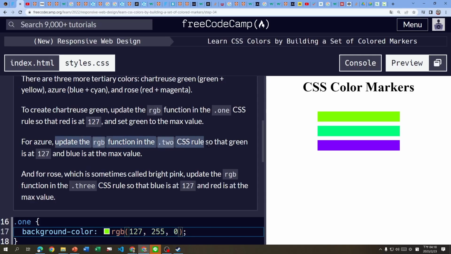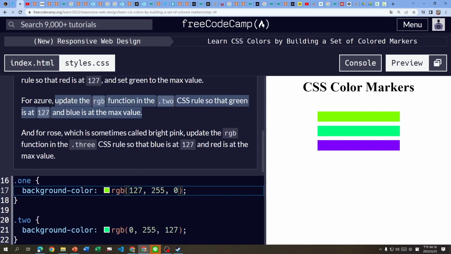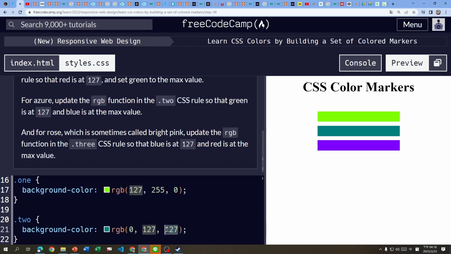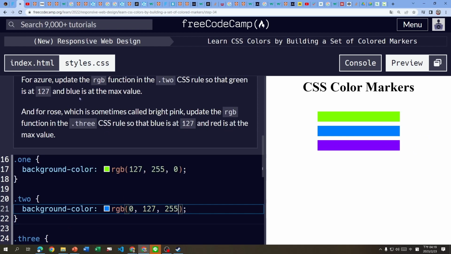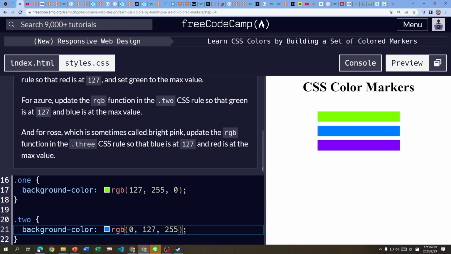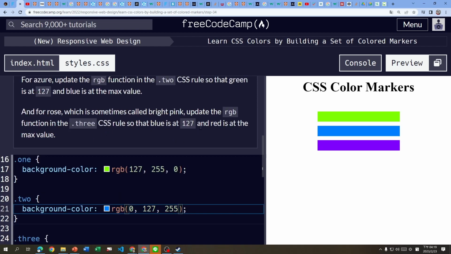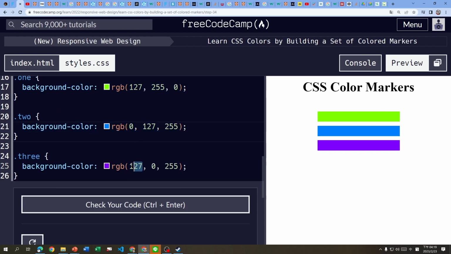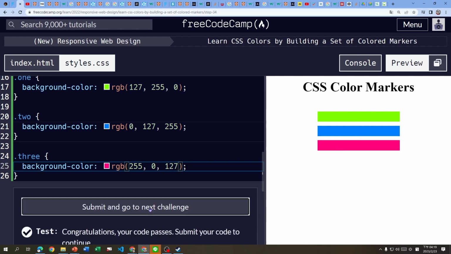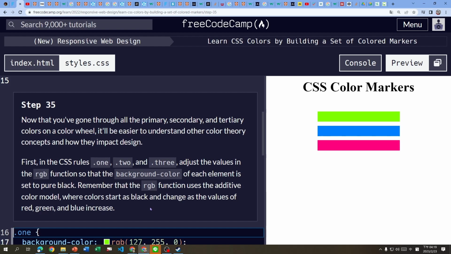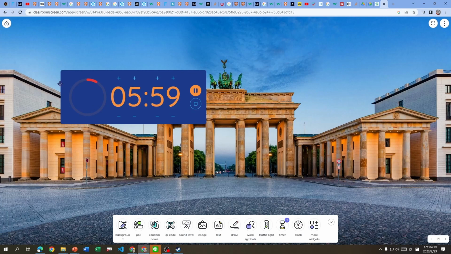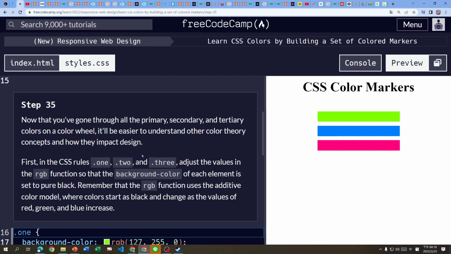For Azure, update the RGB function. 绿色127。然后127的颜色很好看哦。然后调到255。这是 Azure，这好像是微软的颜色啊，微软的蓝 Azure。然后第3个 Rose。Bright pink，有时候会叫它 bright pink，比较亮的粉红色。蓝色127，红色开到最大。这个127，好丑，这桃红色啊，桃红色好丑，不喜欢。还有6分钟，我们就结束了。